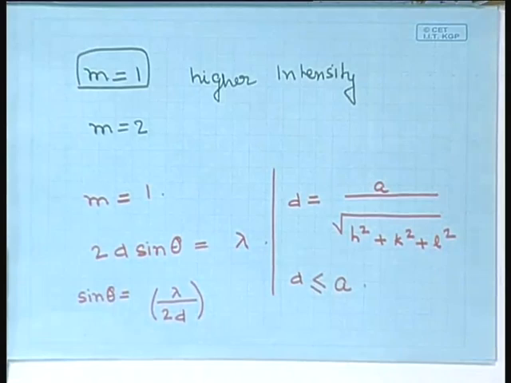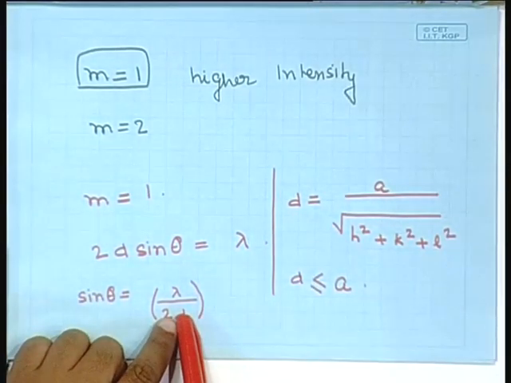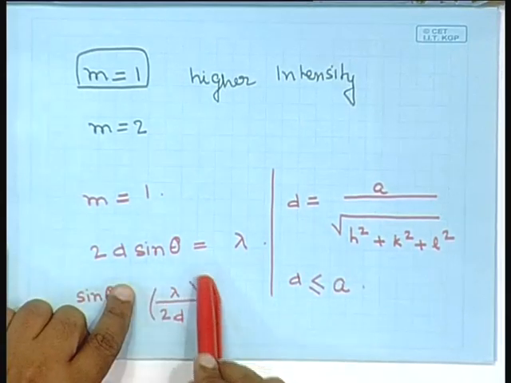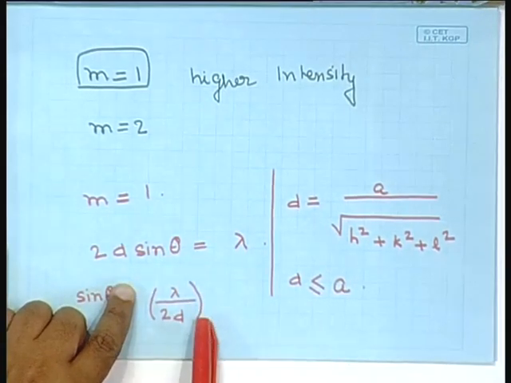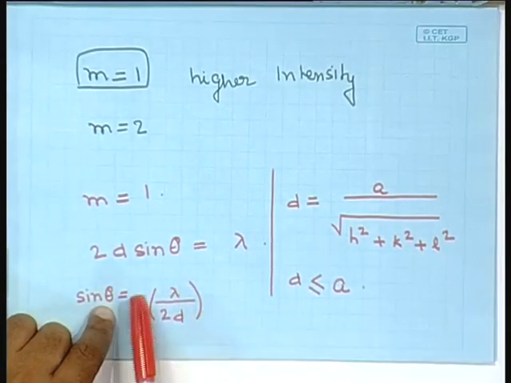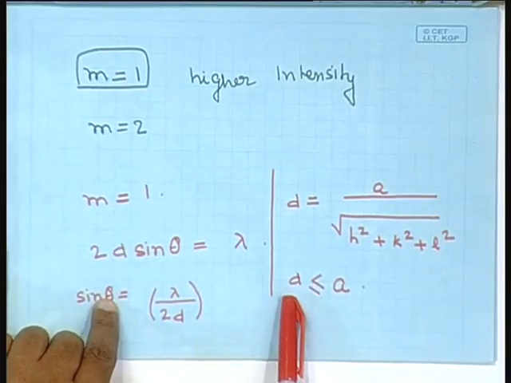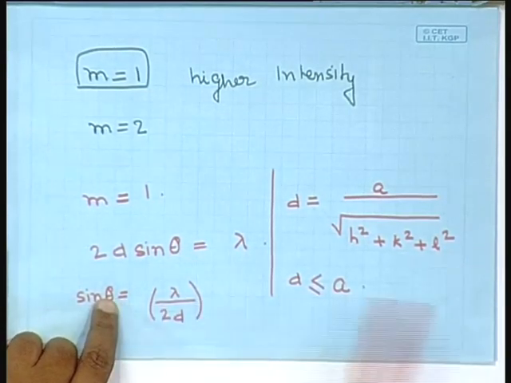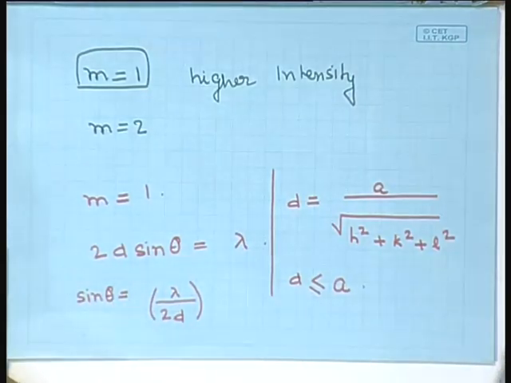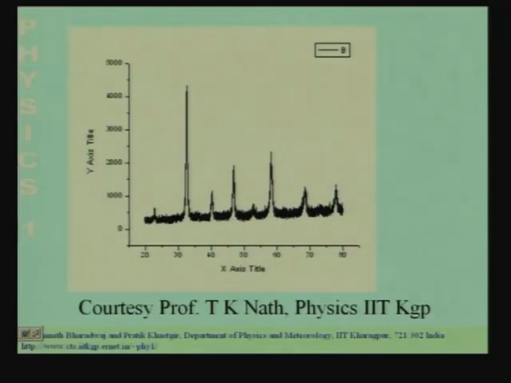Now, if you reduce the value of d, this is going to get larger, and sin theta has to be equal to this. So, theta also will have to be larger. So, a smaller value of d means a larger angle theta. What this tells us is that we can interpret the smallest possible angle theta as arising